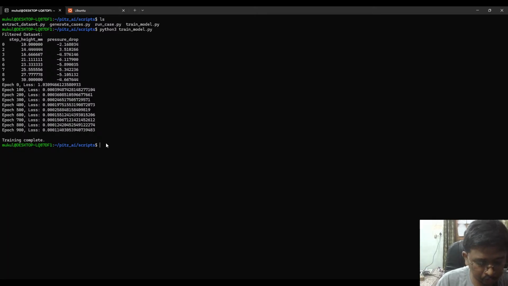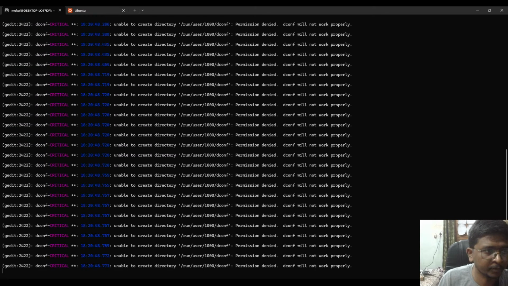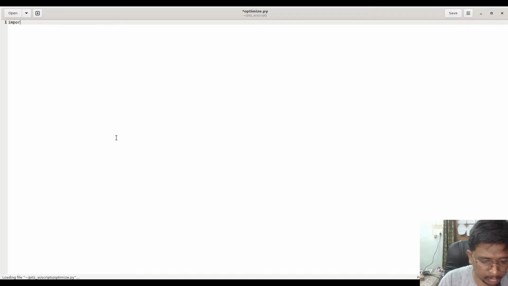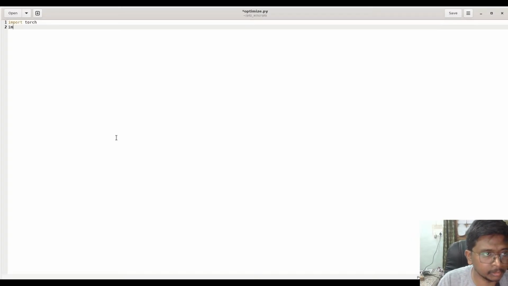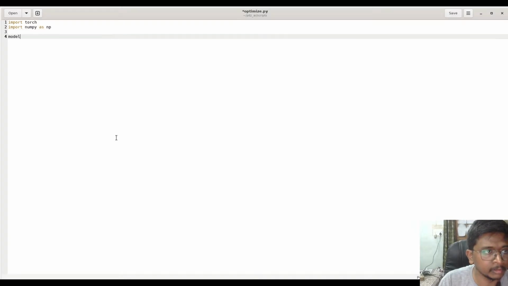Okay, so we will gedit optimize.py. Okay, import torch, import numpy as np. Okay, so model is equal to torch.nn.Sequential